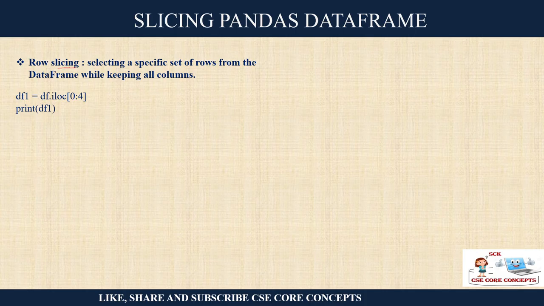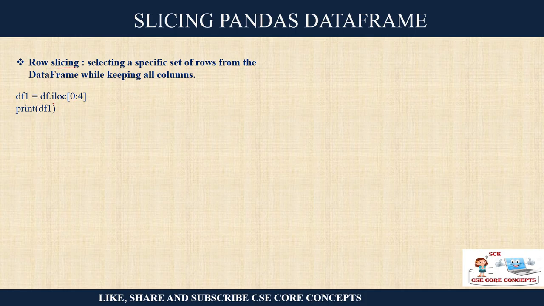Now here, since our data frame is two-dimensional, meaning there are rows and columns, there are two types of slicing: row slicing, where you want to see only specific rows, or column-based slicing, where you want to see the data of a few columns. That's enough. Now this slicing can be performed in two ways.